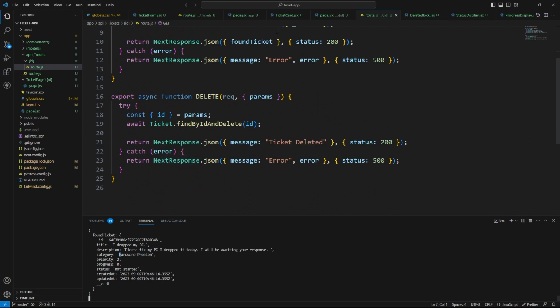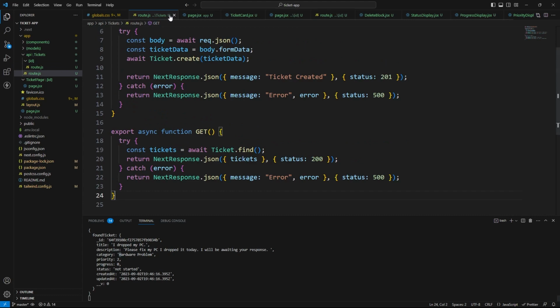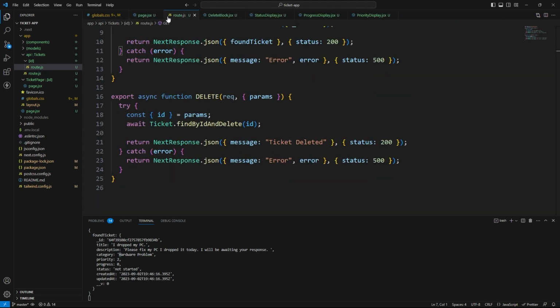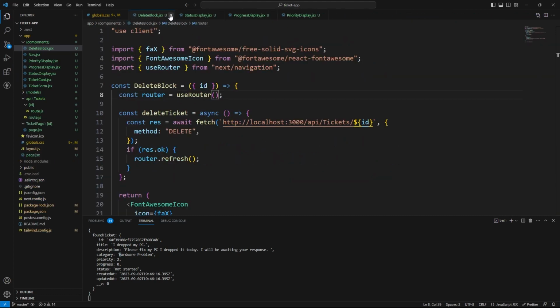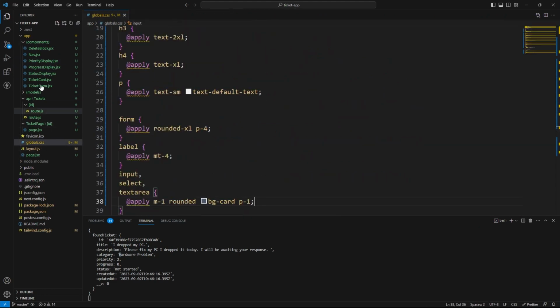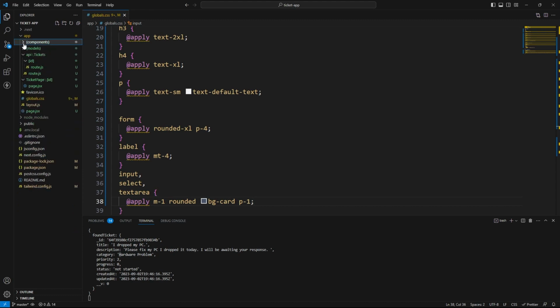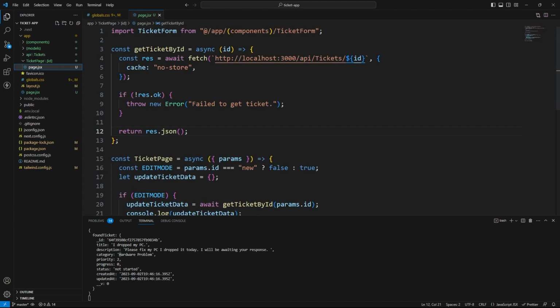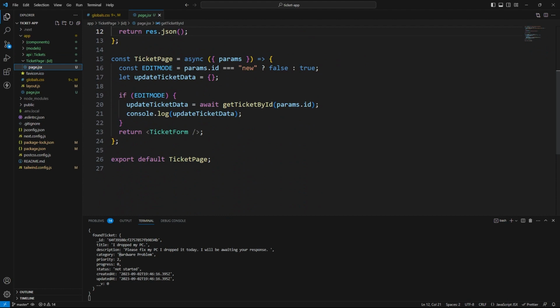So if we go back to our ticket page, so let's go back. Sorry guys, I need to start closing out of these more often. So on here, let's close out of our components, close out of our API for the moment. Our ticket page, we're going to the one in the underscore ID, so we're opening that up. You can see we're getting our ticket by ID. That worked. We console logged out this data here. Now it was in a found ticket